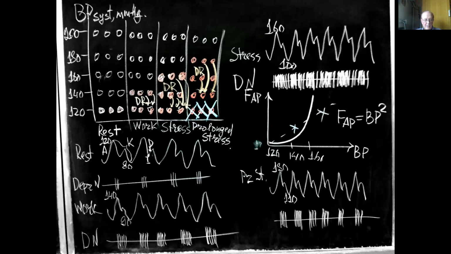And the pressure starts to increase according to the increase of the tone of the sympathetic nervous system, and more number of the baroreceptors start to be excited, at this level 120 and a level 140 millimeters of mercury. That's why the first property we see of this, we see the empty circles. What is this?